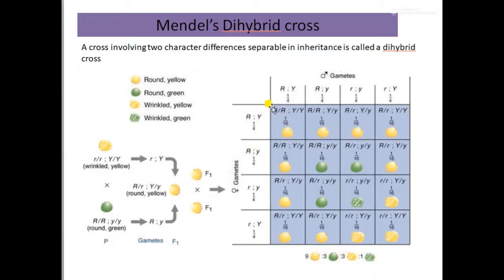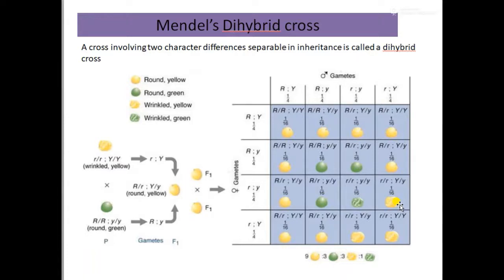So we can now express here the traits which he had taken on a Punnett square, and you can see that for the round yellow, the possible gametes are capital R capital Y, capital R small r, and small r capital Y, and the corresponding gametes are also written over here, and they were being crossed. And when it is expressed in a Punnett square, and the information obtained by the experiments was being considered,